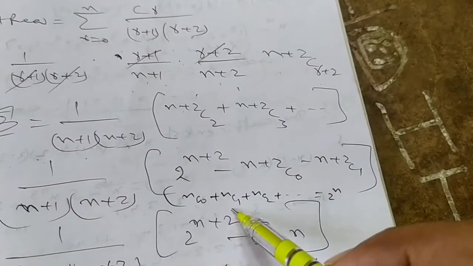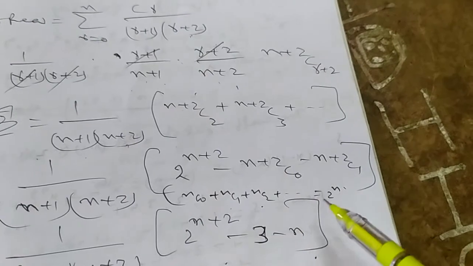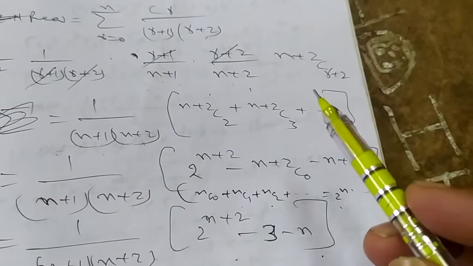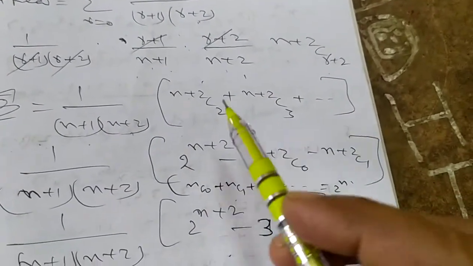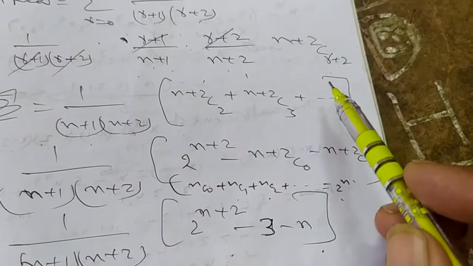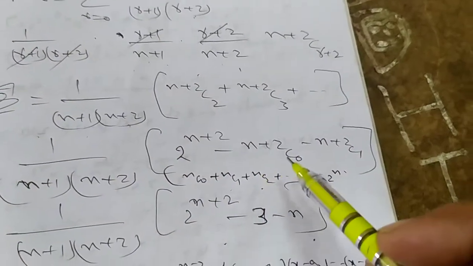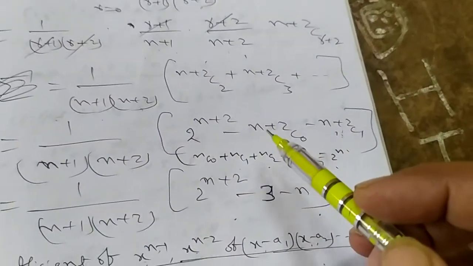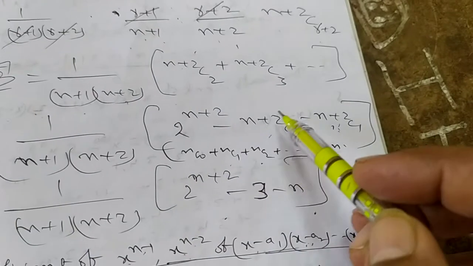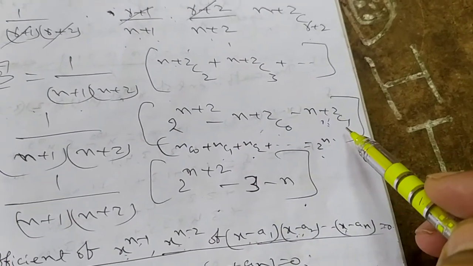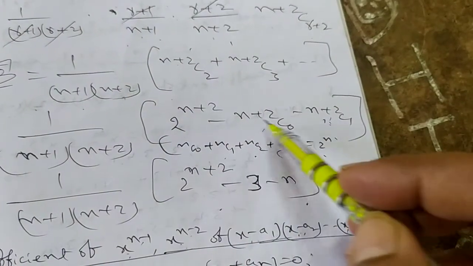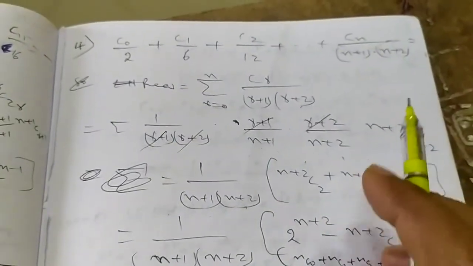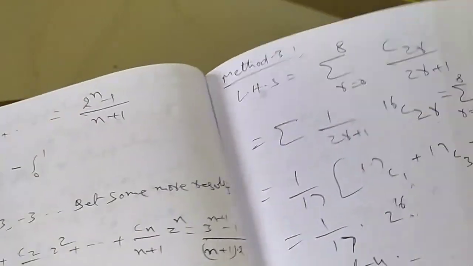But nC0 plus nC1 plus nC2 and so on, formula 2 power n, but here in the place of n there is n plus 2, and moreover the first two terms are missing here. So by adding and subtracting those two terms, using this formula, the sum of all those terms is 2 power n plus 2. These two are subtracting terms. They are the nC0 case and nC1 case. Therefore, clearly n plus 2 C0 value 1, n plus 2 C1 value n plus 2. So 2 power n plus 2 minus 1 minus of n plus 2. So that is minus 3 minus n. Okay. So these are problems related to this.